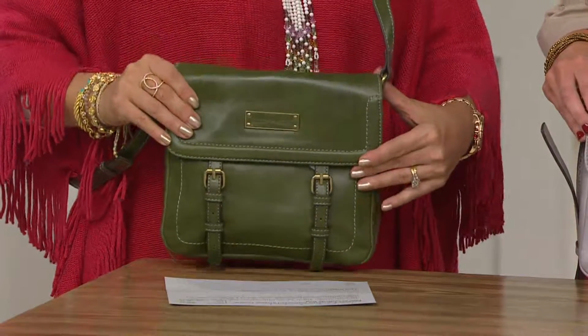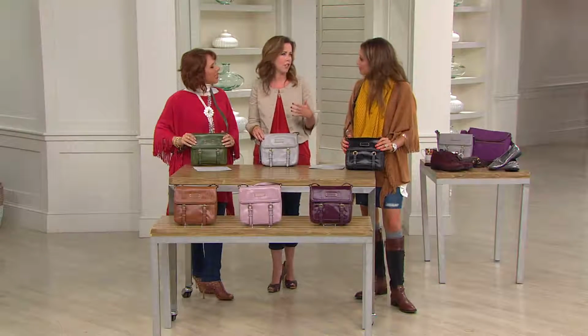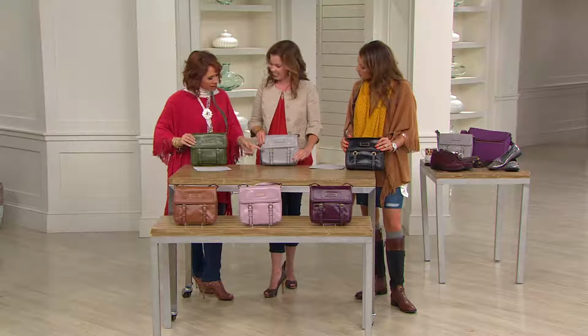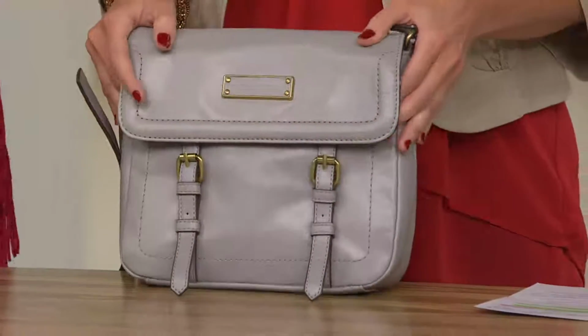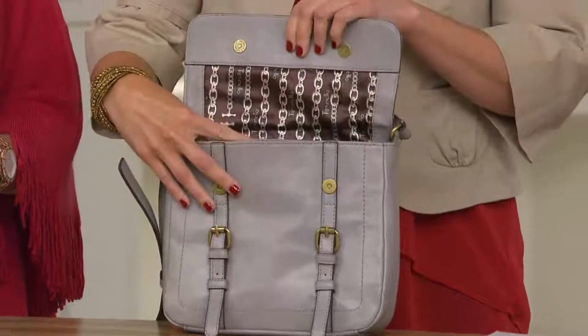Think about your winter boots and that leather jacket that you have that you just keep year after year because they just look better over time. Yeah, as you're wearing them. And what I really love is how cleverly it's been designed, where you don't actually have to undo these buckles to get inside of the bag. There's 2 magnets there up at the top. Yes, so we did a magnetic closure for this, which is really great to keep all of your items safe